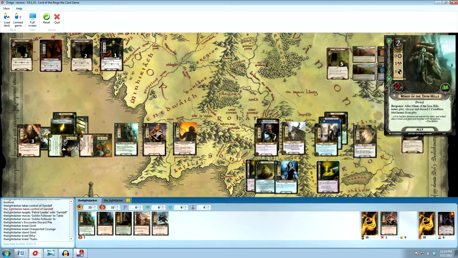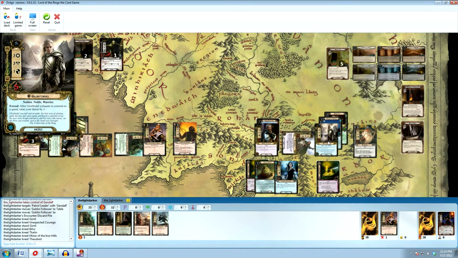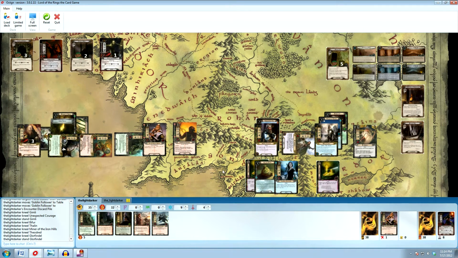Bifur, Thalin, and the Miner of the Iron Hills. So once again, I'm going to go ahead and commit 9 to the quest here. And then I'm going to go ahead and take a look at this side, and I'm going to do the standard 4. So pretty standard here. I'm going to have a total of 13 committed to the quest once again,